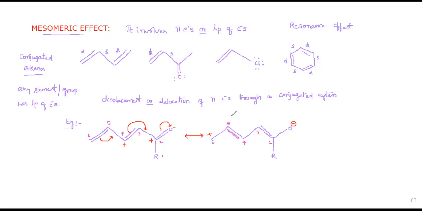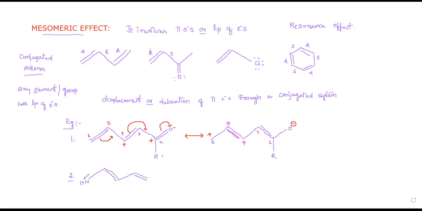Okay, let me go with another representation of a compound which contains involvement of lone pair of electrons. Here the double bond is shifted. Now we will go with example 2, where the involvement of lone pair of electrons is observed. Let me go with an example, a single bonded compound and a double bond, and this once again attached to another single bond and a double bond. This single bond attaches a group which is an amine group,